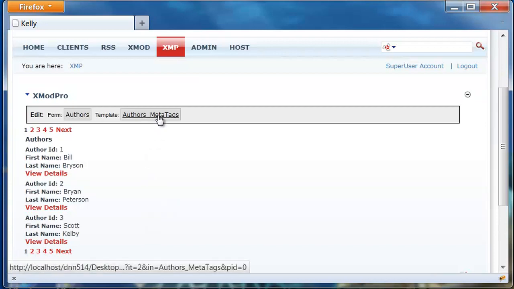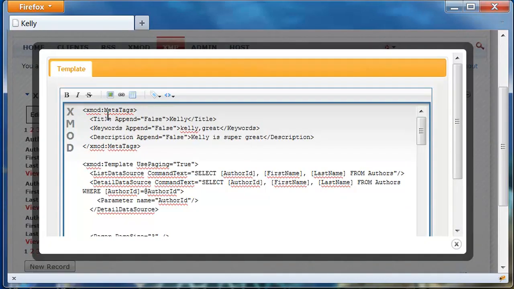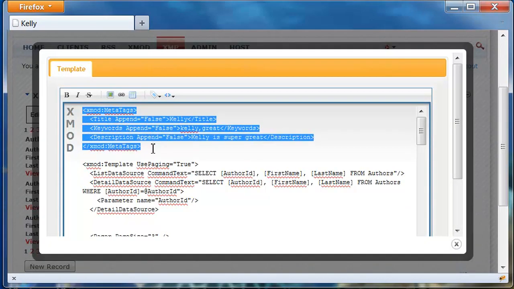There are some other things you can do, though. You can actually make this dynamic based on the data coming from your database. So if we're going to do that, we can't simply have our meta tags tag outside of the template because there's no data there. But if we wanted to hard code something like we just did here for this example, you could put it there. So if we want to change this, actually the most appropriate place to make these kinds of changes is in the detail